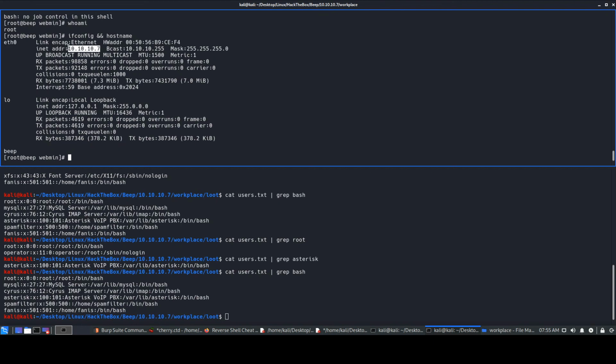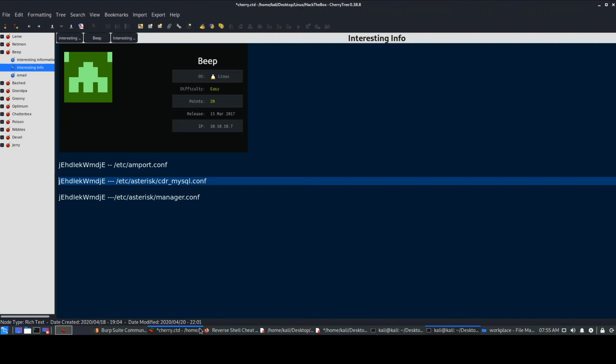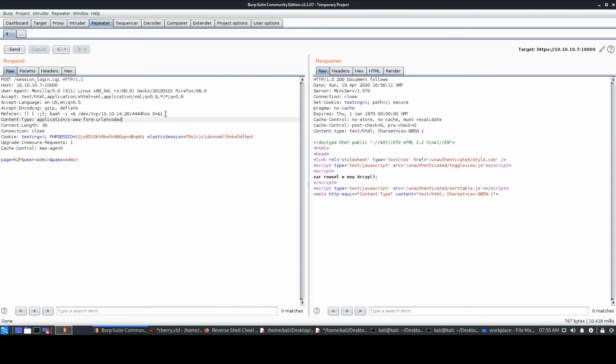This is the target machine's IP address. So that means we are in the system as root over here, and this is how this whole Webmin thing was. How we got root is because probably this web server over here is running as root. This web service over here, it's running as root. It's miniserv. So probably it's running as root over here, and that's how we got root access.